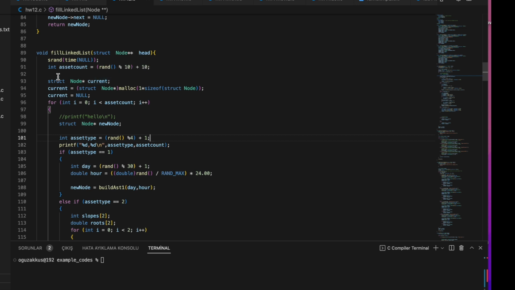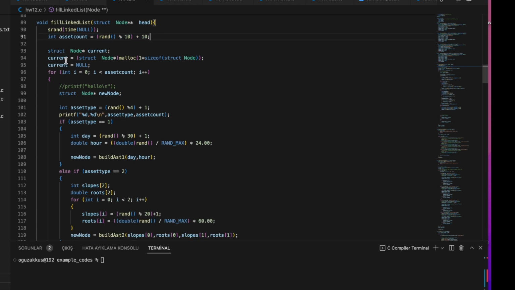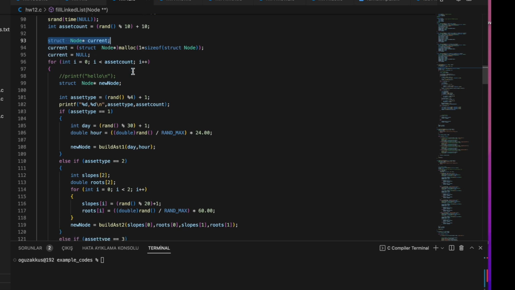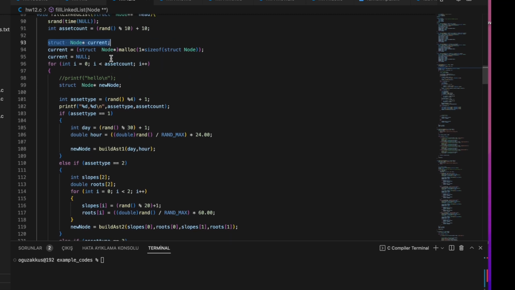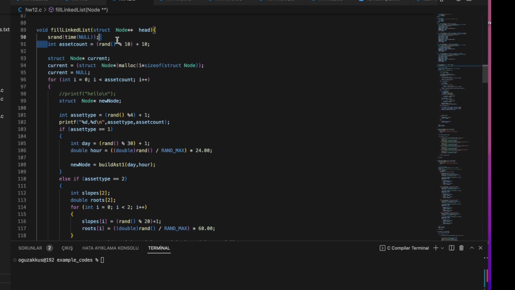So first we determine the quantity of the assets, and then we create an empty node. As you can see, we allocate it, and then by that asset count